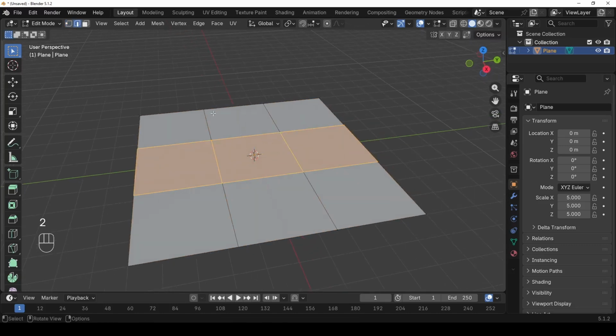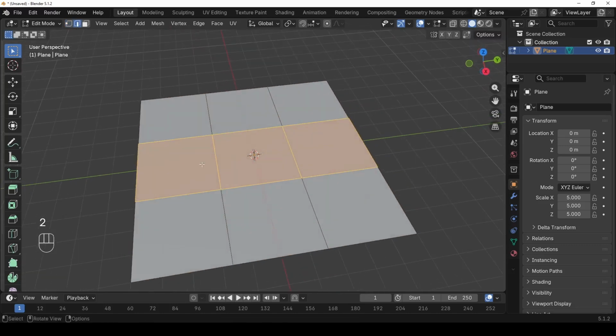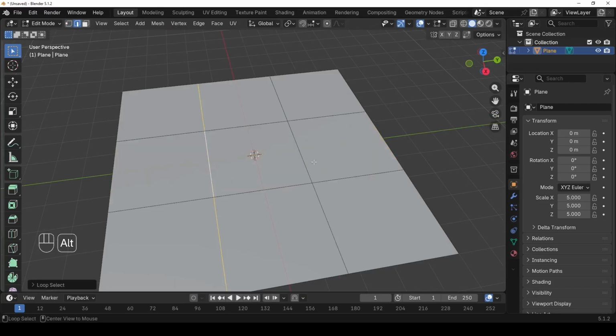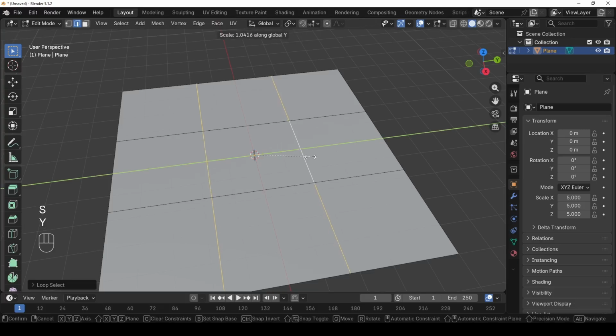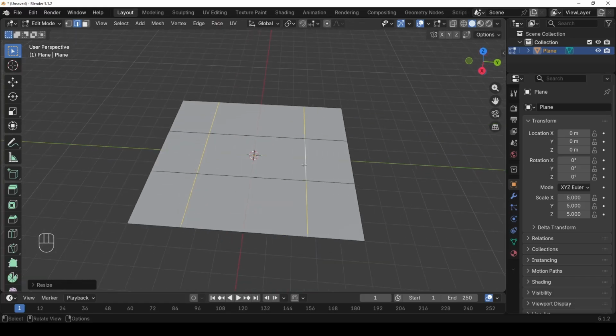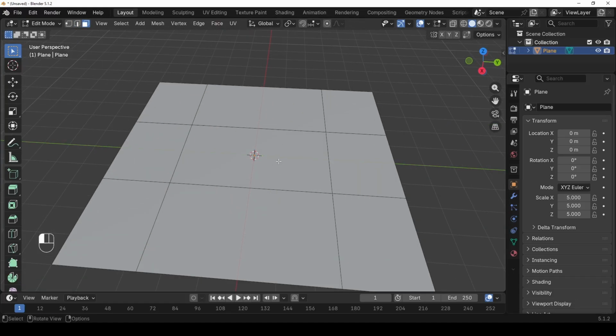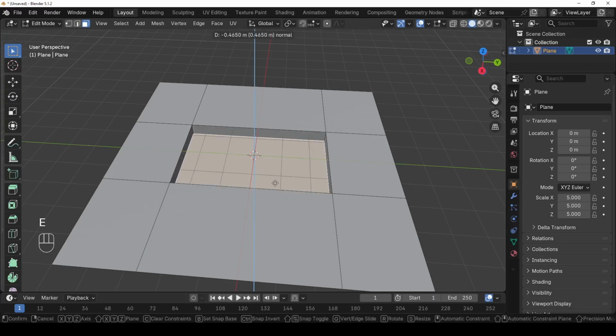And then I press 2 to go inside edge mode and I hold down the Alt key and click here to select this edge and then add Shift to it and click here to select this edge as well. And then S Y to scale them apart from each other like this. And then I press 3 to go inside face mode, and this face is going to be our pool, so E to extrude it like this,